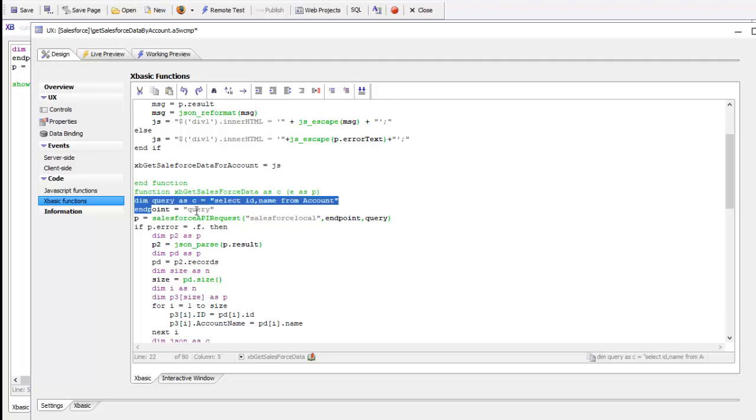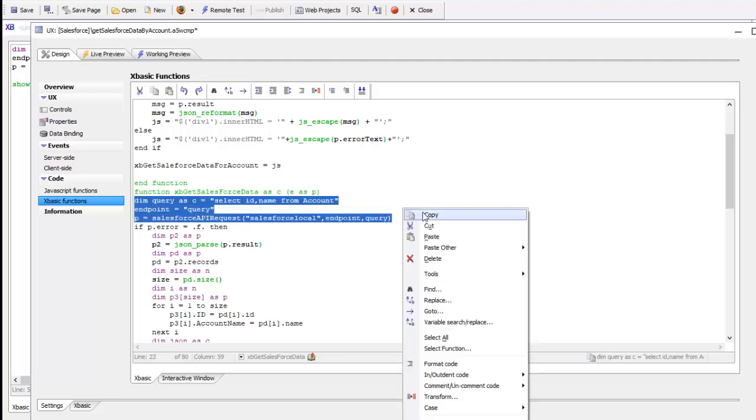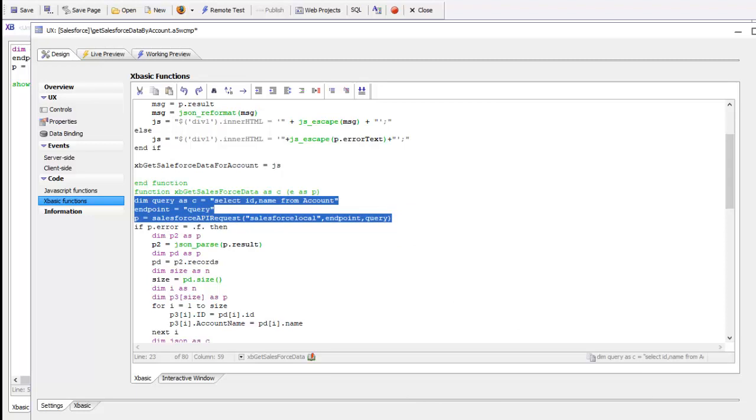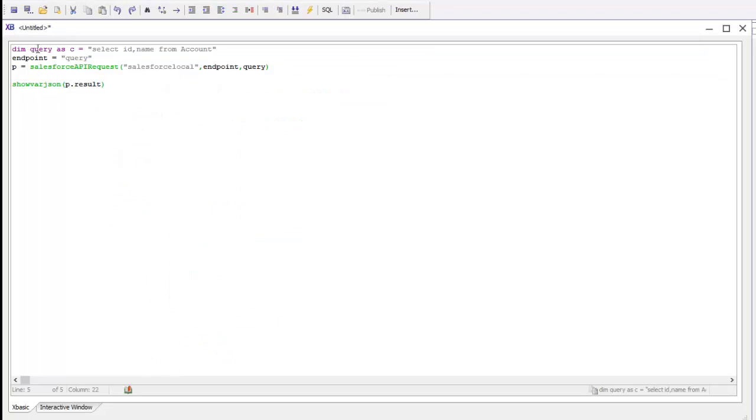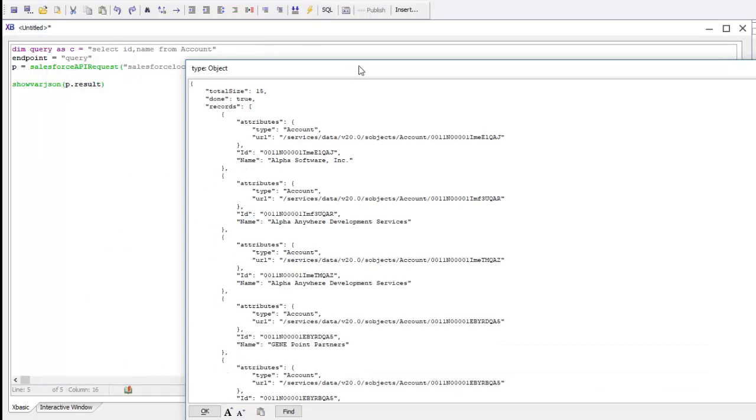So let's just take these 3 lines of code over here and go over to an XBasic function library file over here and just paste in those 3 lines of code and then do a show var JSON of the result that comes back from making the request. So if we go here and we run this, we can see what we get back from the request